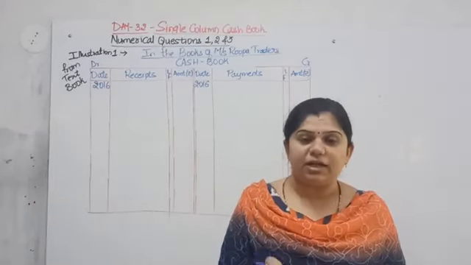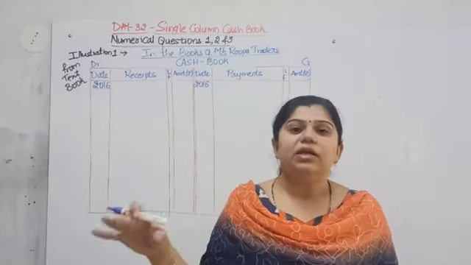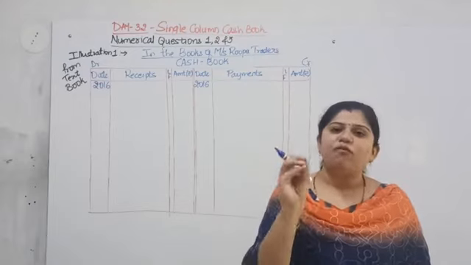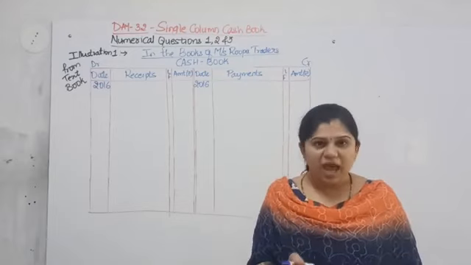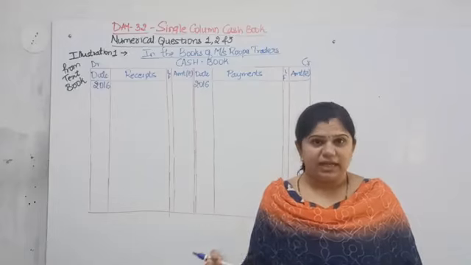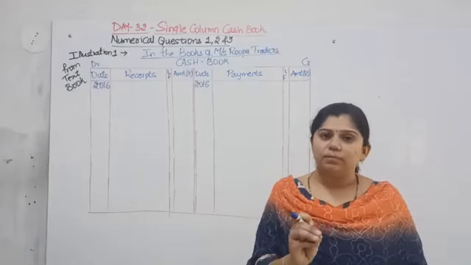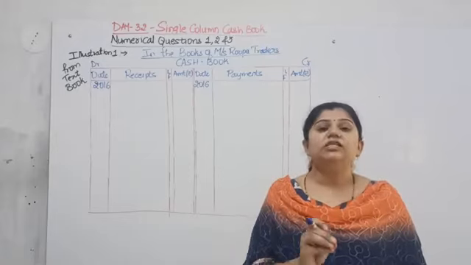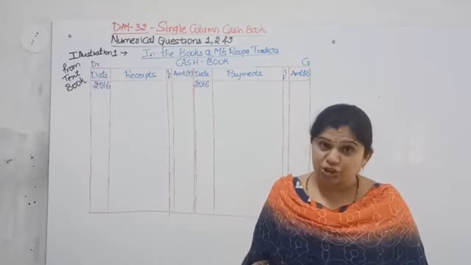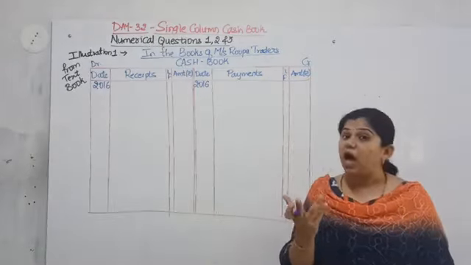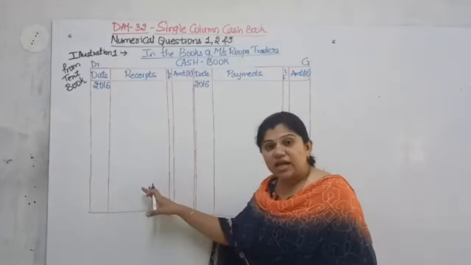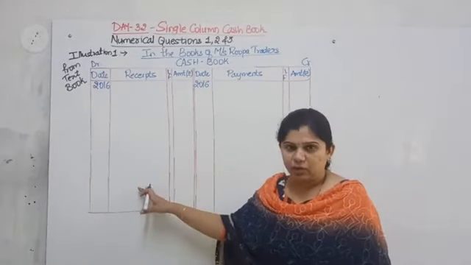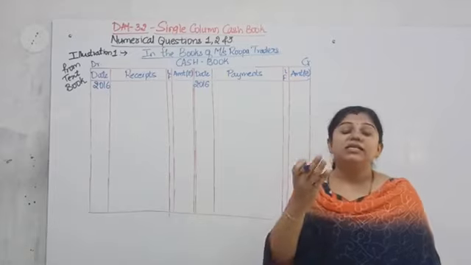On that particular date, how much money you have in your hand, meaning in your shop or office. So it is called balance. At the beginning of every month, whatever balance you have is called opening balance. Understand this? At the beginning of the month or at the beginning of the year, whatever balance you have is called an opening balance. Now the question is, on which side should the cash opening balance be written: debit side or credit side? The answer is the debit side. Why the debit side? Because it is an asset.